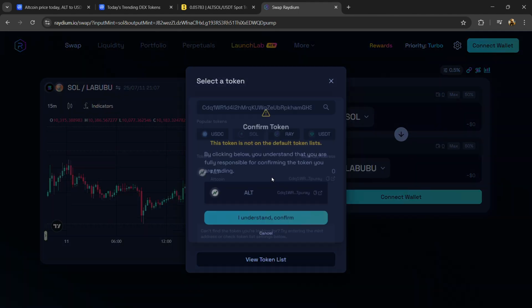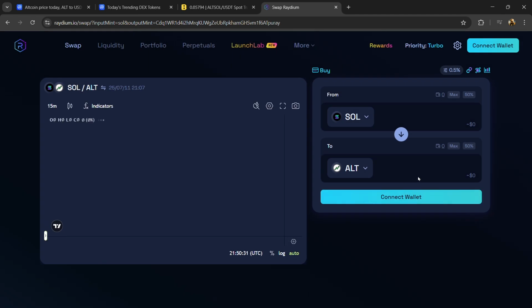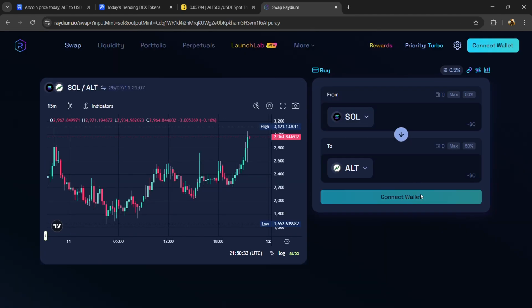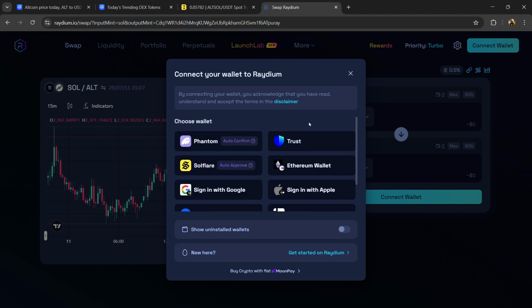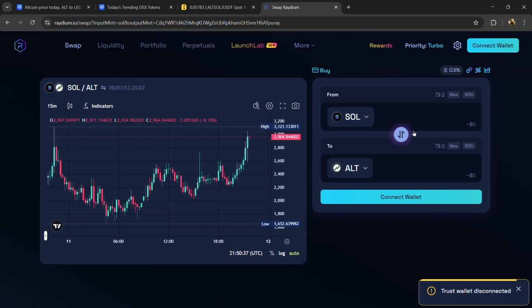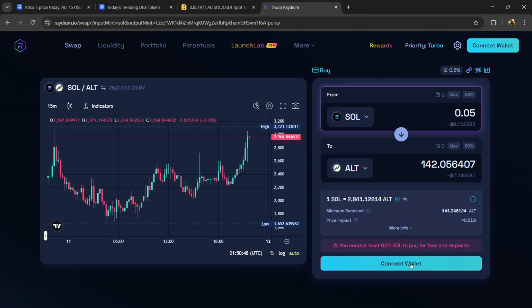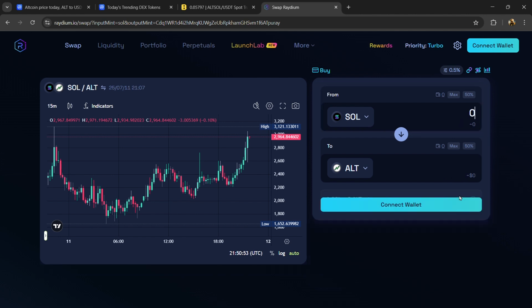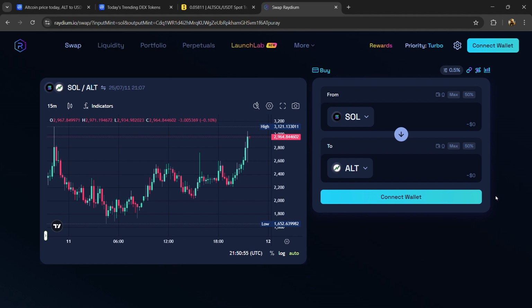Now here firstly you need to connect your wallet from this exchange. Now click on connect wallet. Here you can connect different types of wallets, or you can also connect your mobile wallet by scanning this QR code. After connecting the wallet, you need to receive or buy Solana in your wallet, and here you will enter the number of Sol coins that you have, and finally you will confirm the transaction. Then you will receive this token in your wallet.